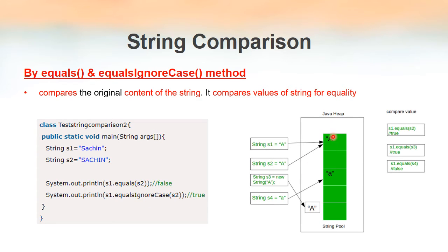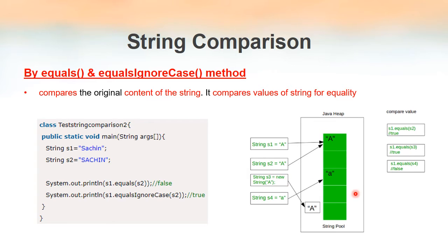This diagram indicates how string creation takes place inside the string constant pool and the heap memory. As you can see here, when S1 is created, the Java virtual machine will check inside the string constant pool whether there exists a string with the same value A. But since it was empty at the beginning, it will create a new string literal with the value A. When string S2 is created, it will again check inside the string constant pool, but there already exists a variable with value A. So a new object will not be created. Instead, S2 will point to the same value A.